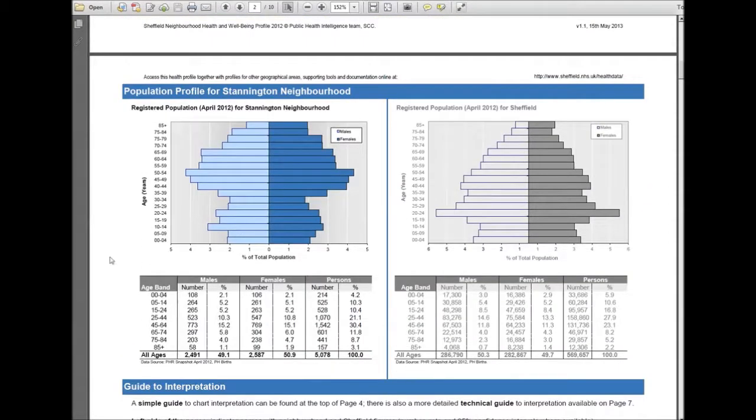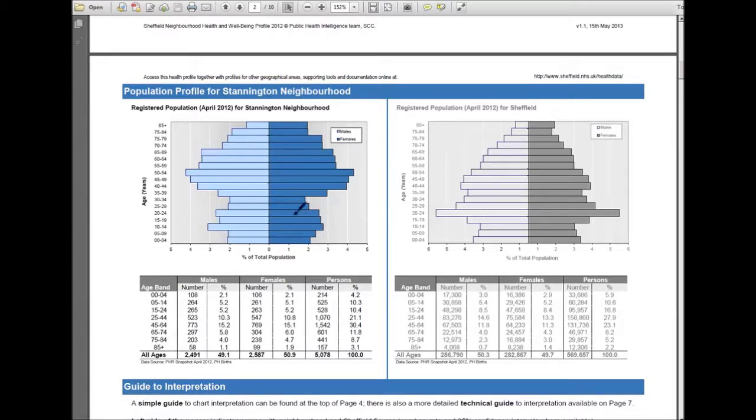you get population pyramids. So when we look at the population pyramid for Stannington on the left versus the Sheffield population pyramid on the right, you can see in the Sheffield population pyramid there's that big bulge around the 20 to 25 age group, which is predominantly because we're a university town, so we get a lot of students coming in. When you look at the Stannington population profile, you can see that that same bulge is missing, and there